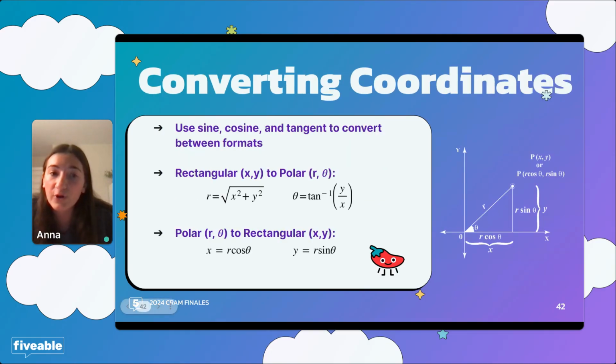Okay, so now we're going to talk about converting coordinates. We can convert rectangular coordinates to polar coordinates using trig. So these are some formulas you should also know. If you're jotting them down, you should jot these ones as well. So make sure that when you're going rectangular to polar in this first one, when you're trying to find your r, you have it in terms of rectangular, right?